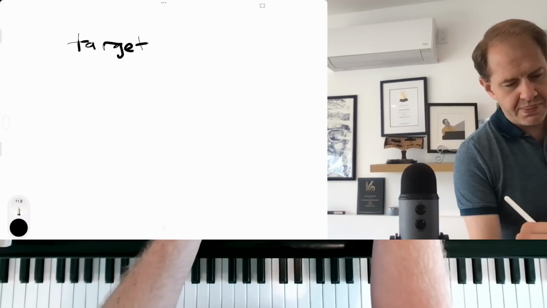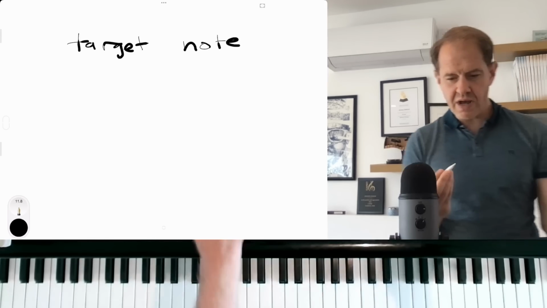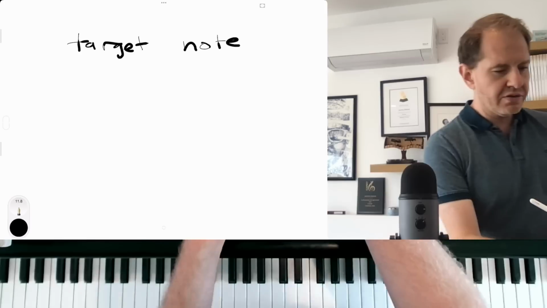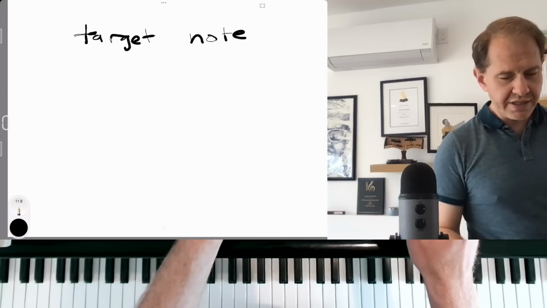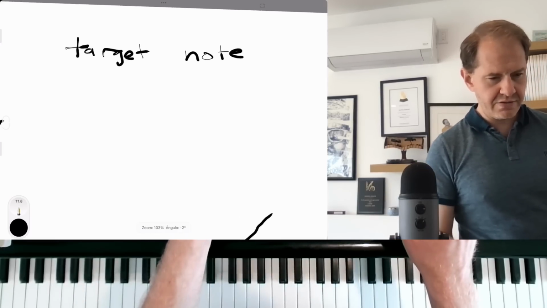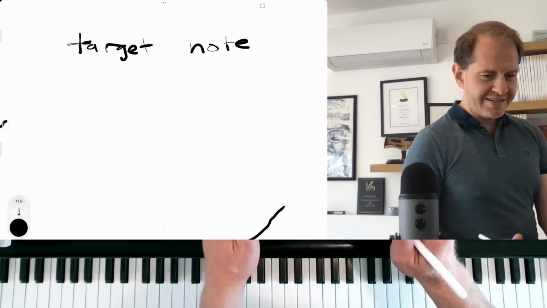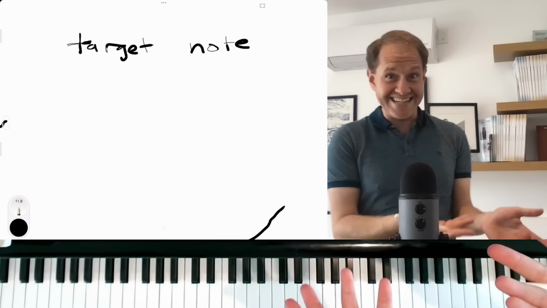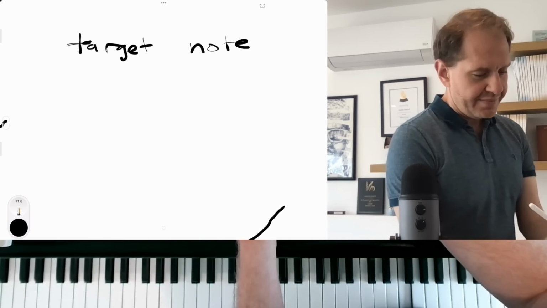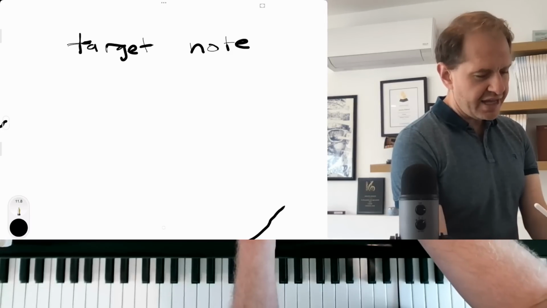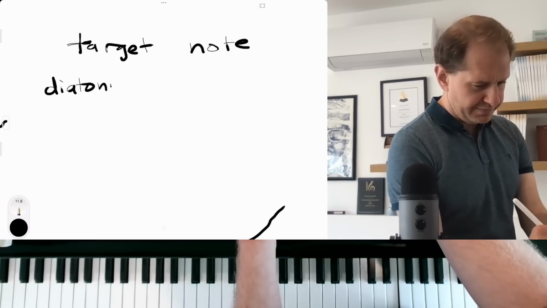So today I want to talk about what I call elegant enclosures. An elegant enclosure is this formula where you have a target note, a note that you're aiming for. You're going to target this one by ornamenting it with a diatonic upper neighbor